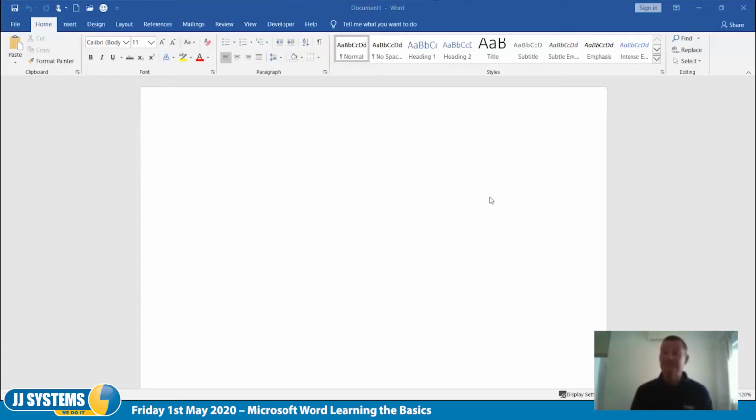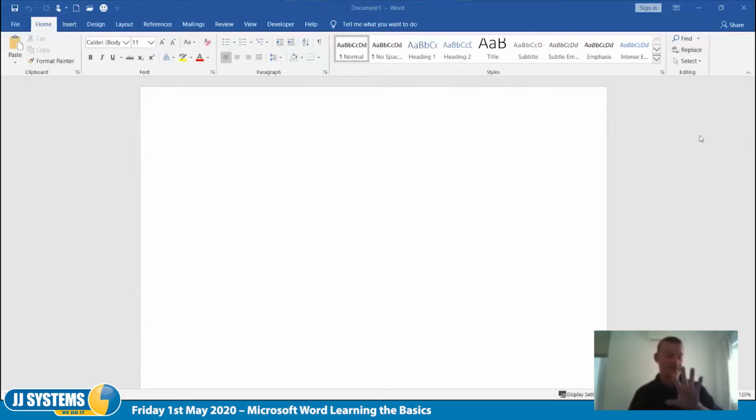This is Microsoft Word. You've all seen it, I imagine. The screen layout is the same as, or very similar to other Office products in that you've got the title bar at the top saying the name of the document and the name of the application. You've got the Windows controls to the right-hand side for minimizing it, so you can put it down to the bottom of the screen while you check an email, or restore down to make it resizable and repositionable,